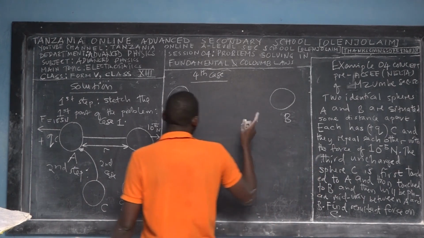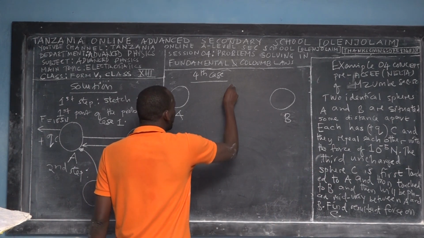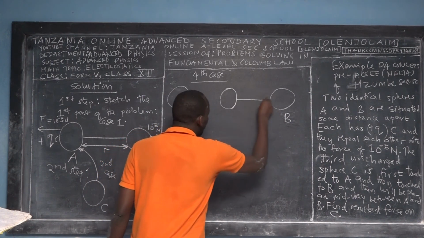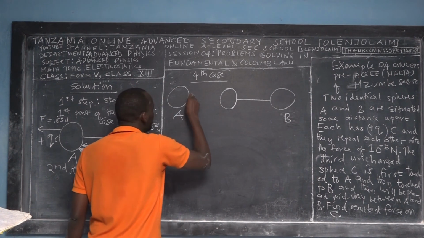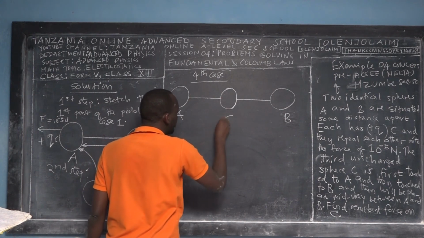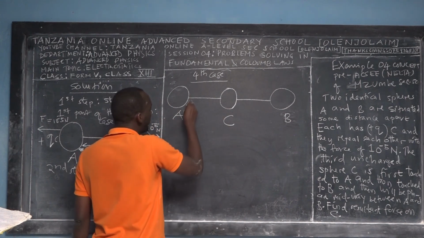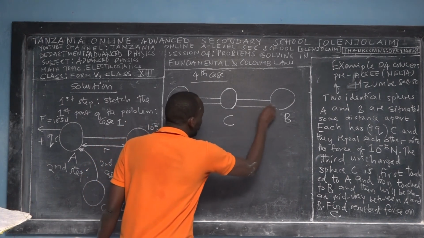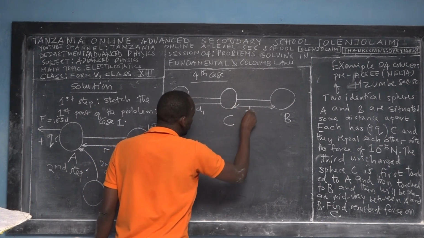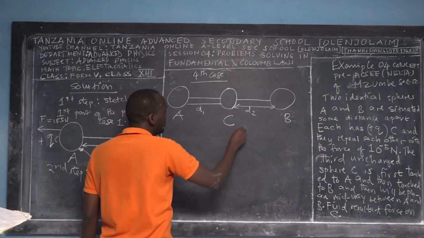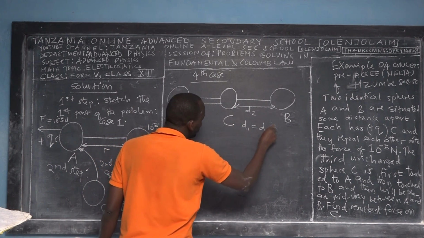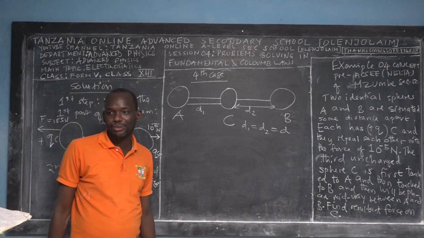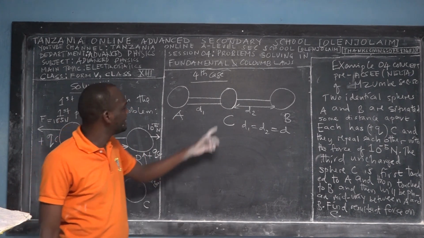And then midway. What does midway mean? In between, so here we have a certain distance, and here there's a certain distance. This is sphere C. Here we have a distance we call D1, and here a distance we call D2. But because this is midway, D1 is equal to D2 is equal to D. That's a very important keyword for your computation. So the distance between